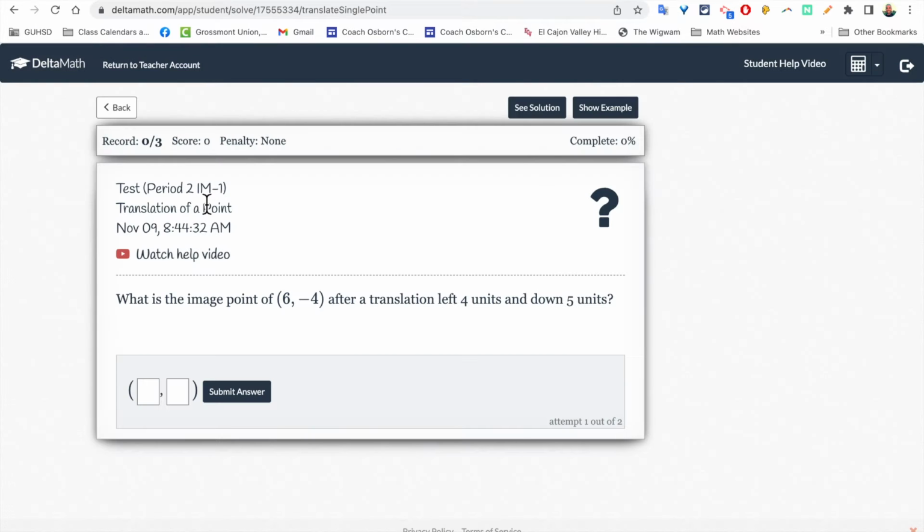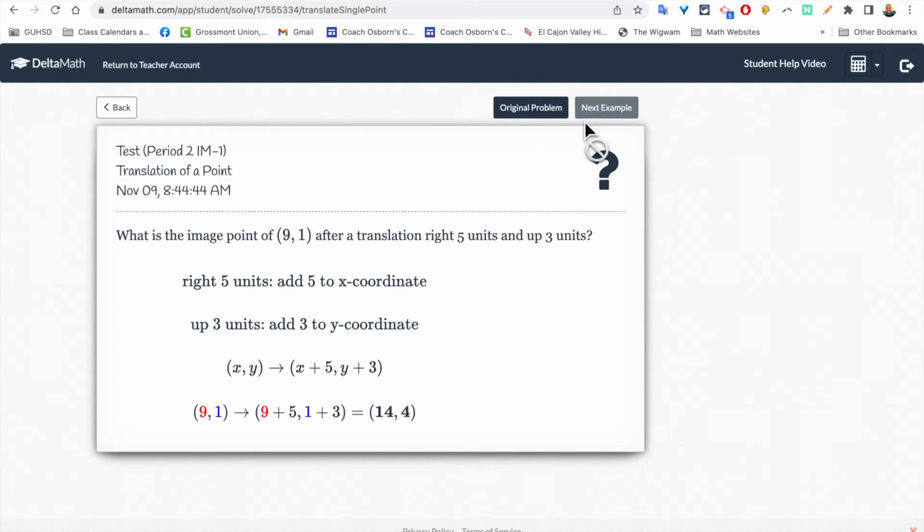Starting with a point. So if I put a point (6, -4) on a graph, and then move it 4 units left and then 5 down, what is the new point going to be? So if I look at the example here,